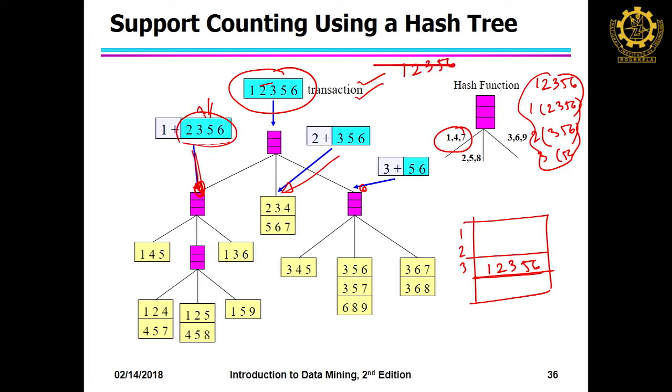So, then how do you generate the corresponding item sets? It can be, as I said again, 1 plus any combination from the rest, that is 2, 3, 5, 6, and next it can be 2 and any combination of 3, 5, 6, and next is 3 and any combination of 5 and 6, but there is no combination of 5 and 6. So, it should be 3, 5, 6.